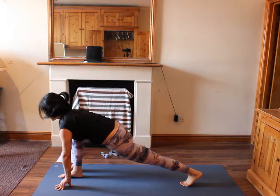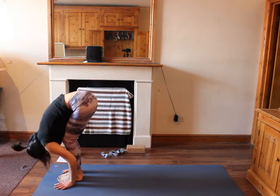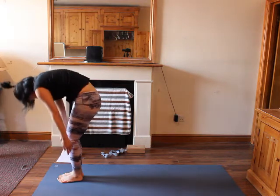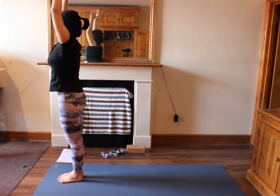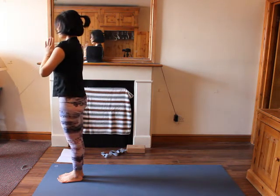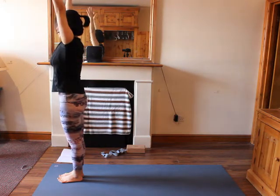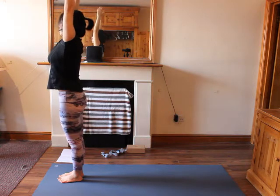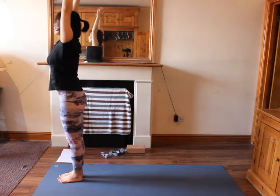Feel the stretch in your legs, and then left foot meet right foot, fold down into Uttanasana, and then soften your knees, roll up, hands up on top of your shoulders, lengthen your spine, and exhale, hands down in front of your chest. On the other side, so inhale, hands up, lengthen your spine, draw your ribs in, your lower back, your abdomen towards your lower back, and then exhale, bend towards the back, open up your chest, inhale up,